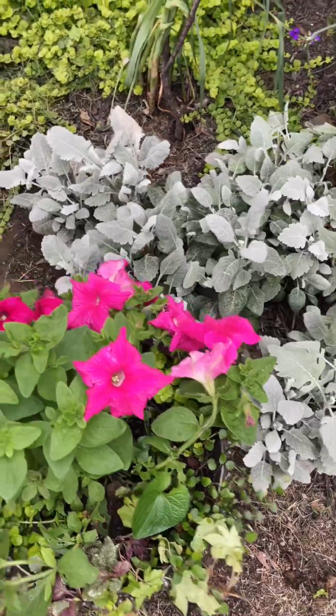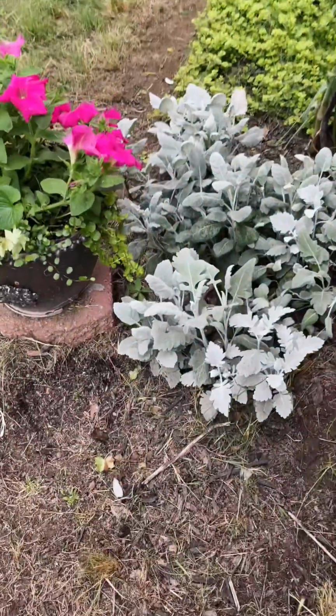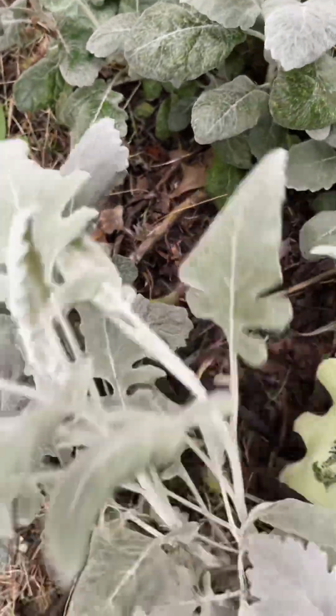So we're looking at that New Look Dusty Miller, that light gray color plant that I do not like. I had a whole flat of those when I did a circle garden, which there's no trace of now, but of course I saved those. So what I've been doing, and was on my list as well,